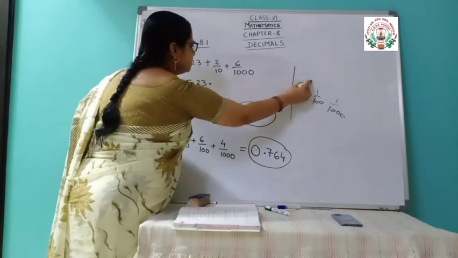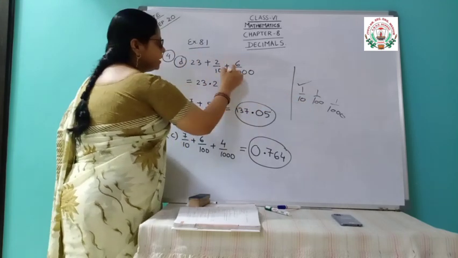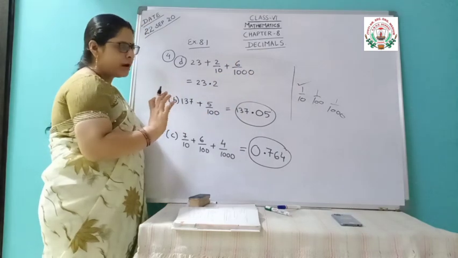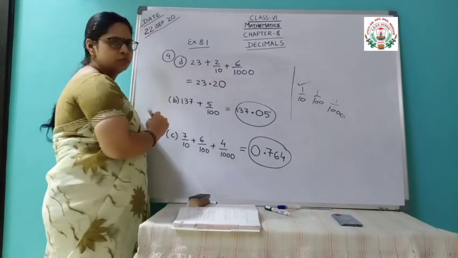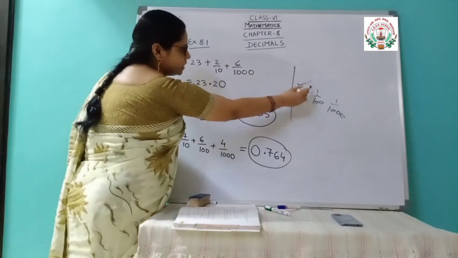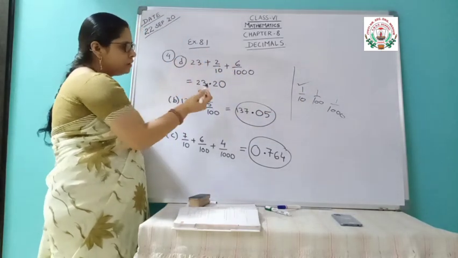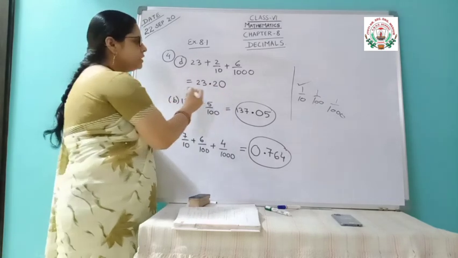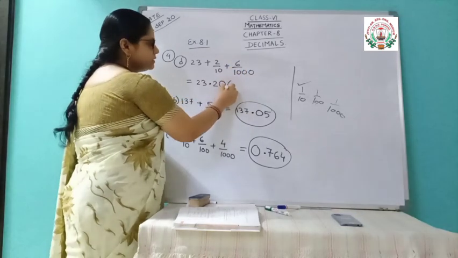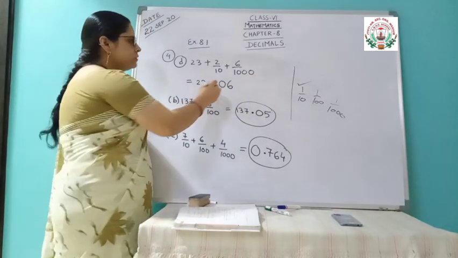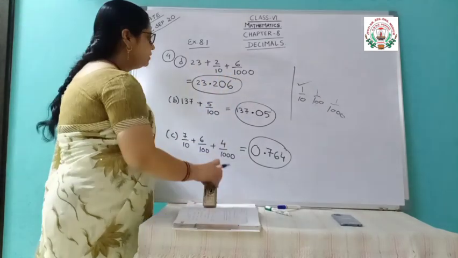So, 1 by 10, first digit is given. So, that is 2. Second digit is 1 by 100. Is here anything 1 by 100? That 1 by 100 is not given. So, for that not given, we are going to put 0. Clear? The digit where 1 by 100 is not given. Then 1000. Here is 1000. That is the third digit after decimal. So, for that 6 is given. So, we are going to put that 6. So, this is the addition of these digits.